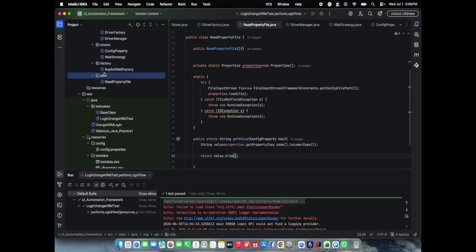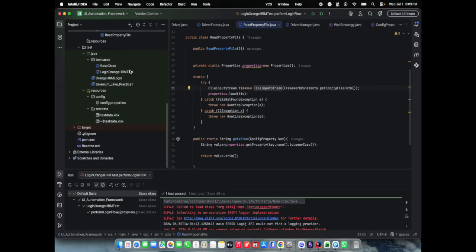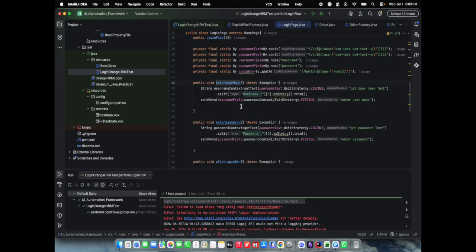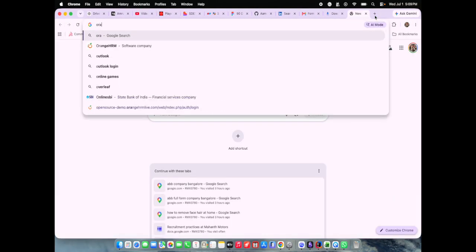Okay, inside utils we can also have a class if you are reading from Excel. So currently what we have done is we just have these methods, where inside that method we send the keys, and we pass that username. By fetching the username we pass it. If you can see that OrangeHRM page,